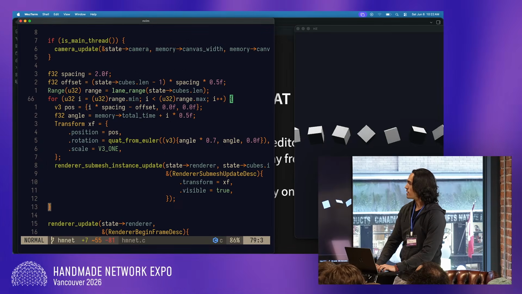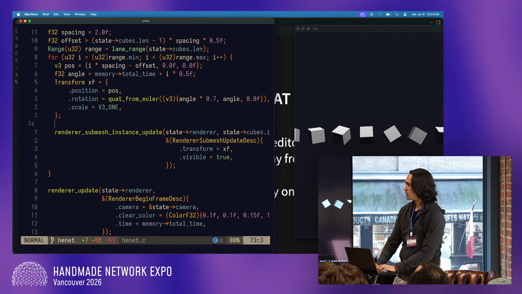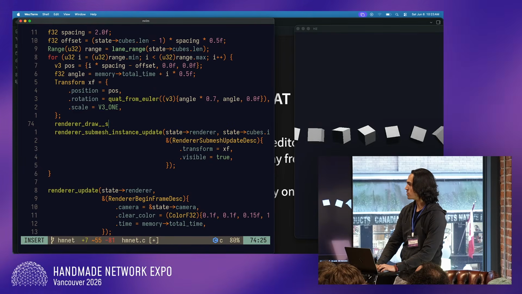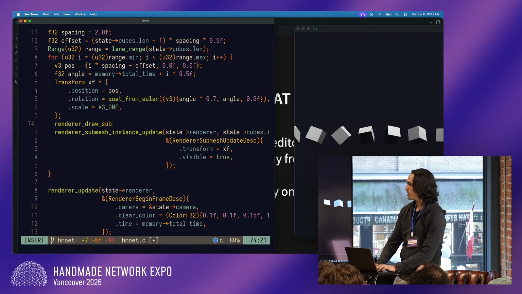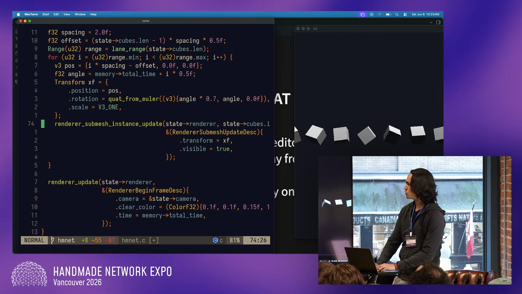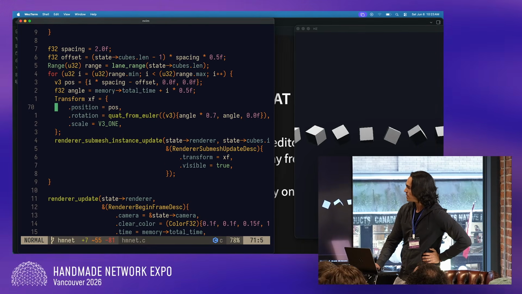But it was a little bit faster. So basically, the immediate option would be something like renderer draw submesh, where you have to call this every frame, and it's not retained. Even if I cache a lot of stuff, it would still be a little bit slower on some platforms, so I ended up going with retained. But that's basically what you have.